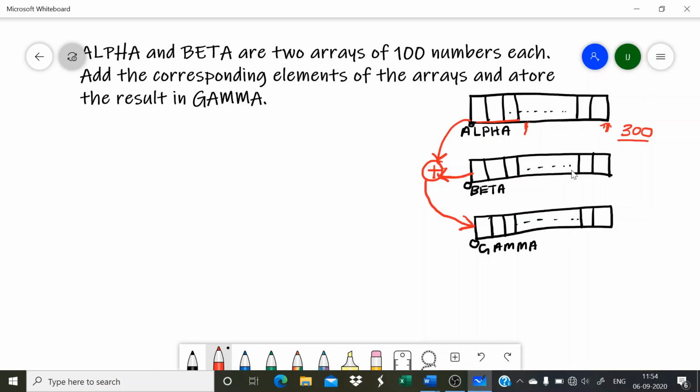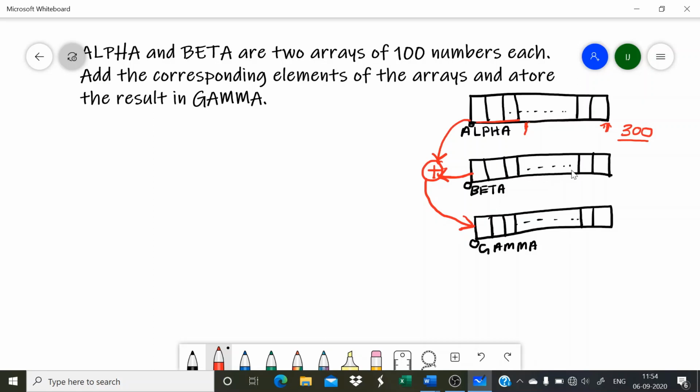So the same addition process we have to repeat for each of the elements. So first thing what we had to do here is take the first element of the array alpha to the accumulator and then add that element with the first element of beta. Then the result will be there in the accumulator.